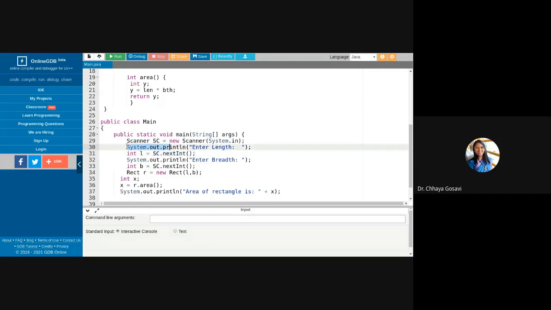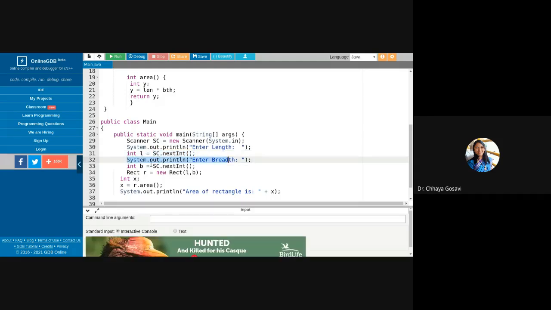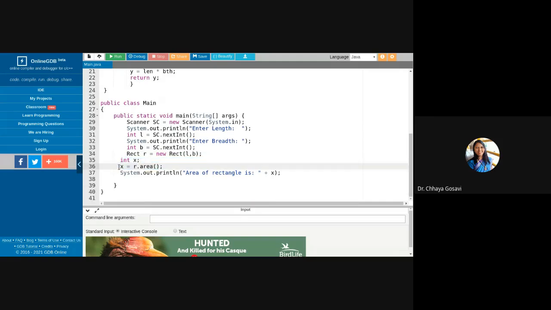I ask the user to enter length, and sc.nextInt will read the input and put it in a variable L. Similarly, I'll ask the user to enter breadth. I'm using the same object, sc.nextInt, and reading it into B. And then I'll create an object of class Rectangle, R is equal to new Rectangle, pass these values, call the function area and return the result.